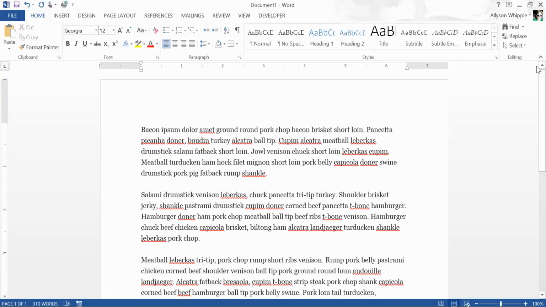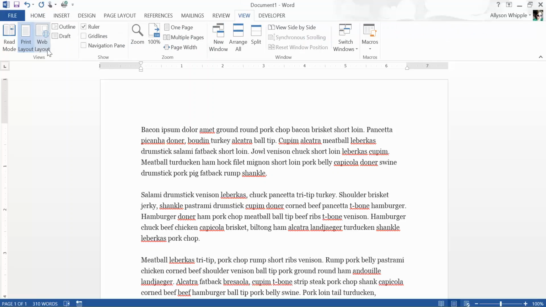This is going to be focusing on how we customize document views and different ways we can look at a document. So first, changing document views. We're in our home screen. We want to go to this View tab here. We're going to focus on the views layout. So right now we're in what's called the print layout,